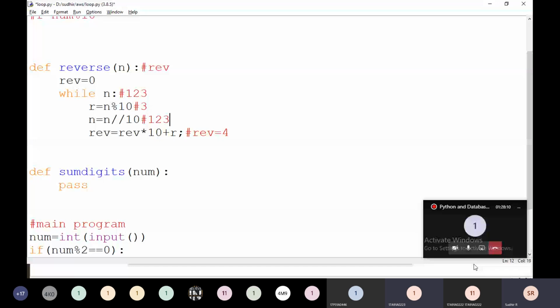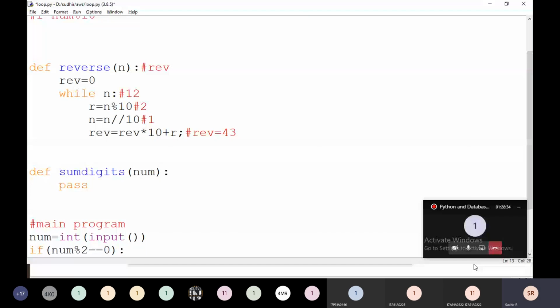Then n becomes 12. Then coming here, now REV into 10. 4 into 10 means 40. 40 plus 3, that is going to be 43. Then it is going to be treated with 12. Then R becomes 2 and n becomes 1.